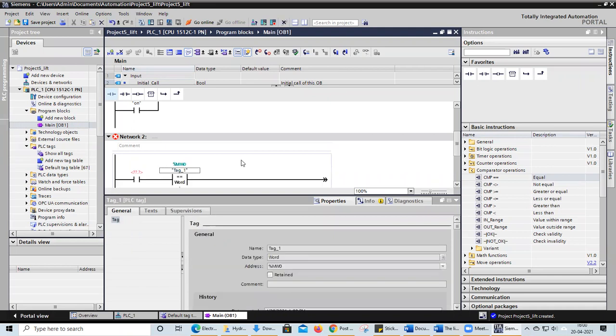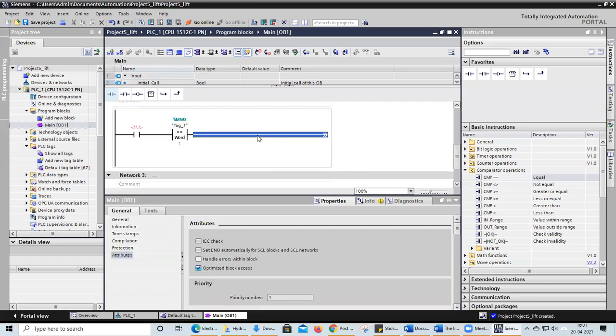Why I'm writing MW0 is because I want to give integer values. The lift does not have only 0 or 1, it will have 1, 2, 3, 4, 5. So I want to give values 1, 2, 3, 4, 5, so I'm going to use a memory word.